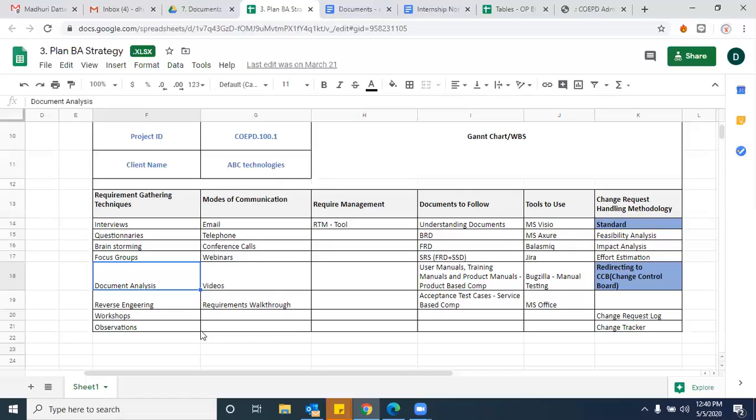Yes. And make sure you have a clear differentiation between all these elicitation techniques. That is very, very important. Because even when I'm taking mock interviews, people are unable to tell the difference between brainstorming, focus groups and even workshops. And if I ask why we use brainstorming, people are not able to tell. You should make sure you have a clear picture on the differentiation between interviews and questionnaires, all these things.